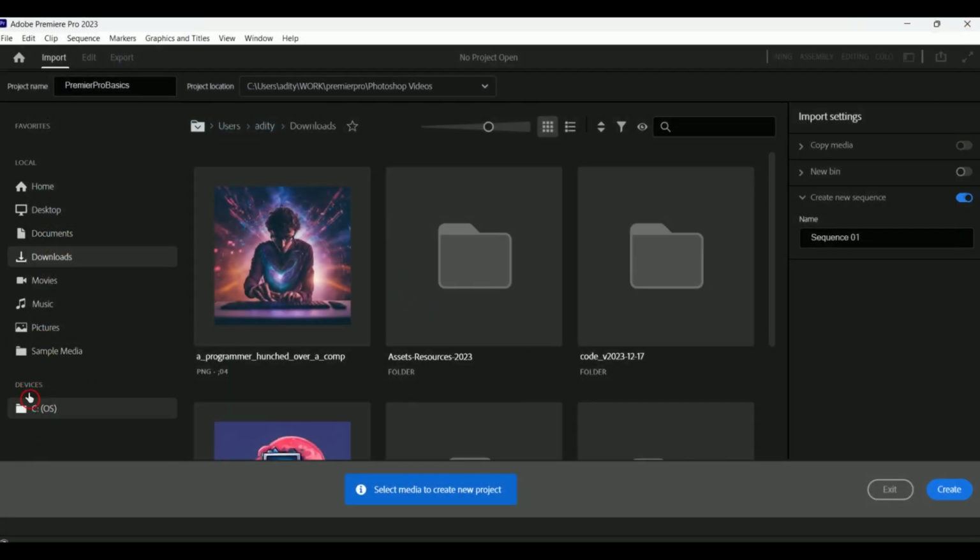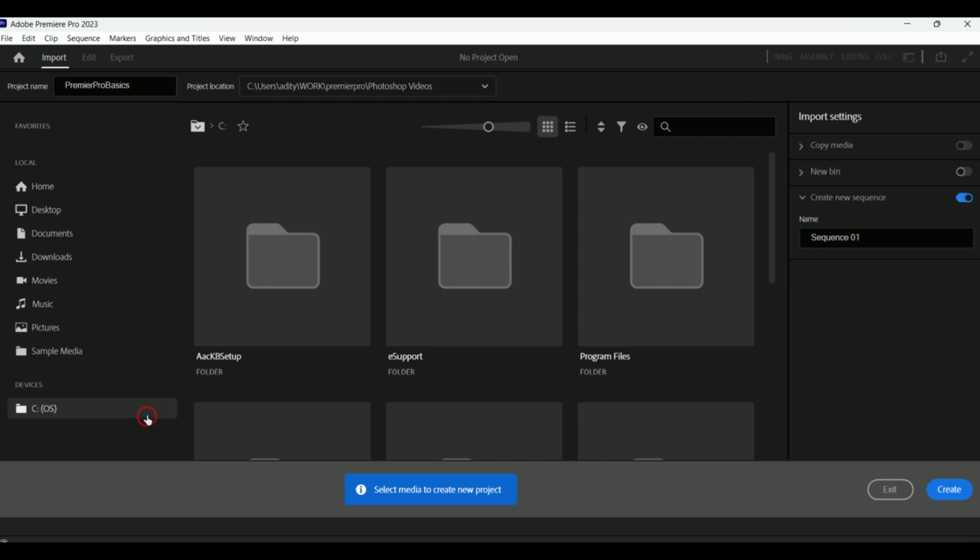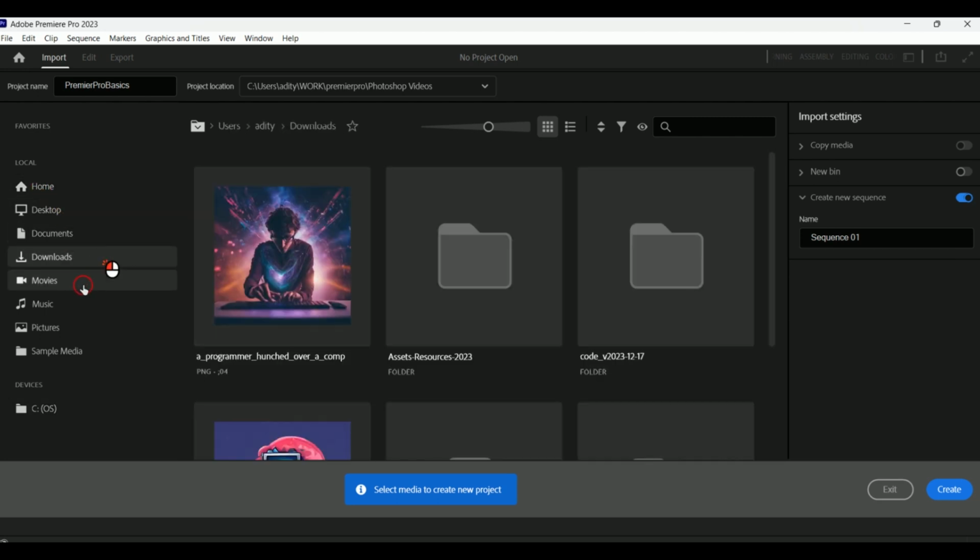If you see here below, you will have devices. If you attach any devices, it will show that device also here, so that you can select that location. And also from the local, it is displaying a few predefined icons like home, desktop, documents, downloads. Based on your convenience, you can store your media in these particular local folders and import into your Premiere Pro. And here you can see, right, everything has been displayed as icons, like thumbnails,